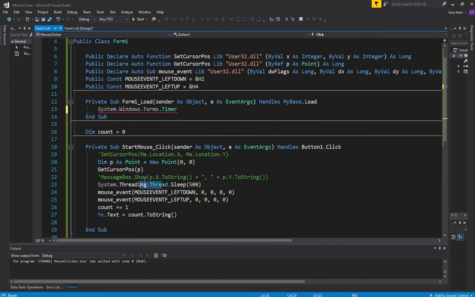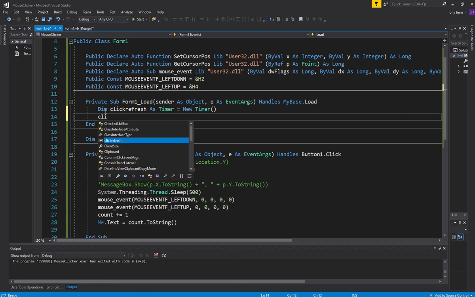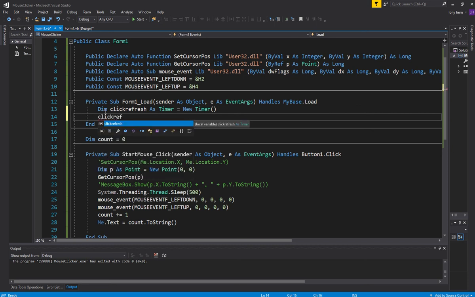Since I'm using threading here, we'll call this click refresh, as timer equals new timer. We'll set the interval to every second,